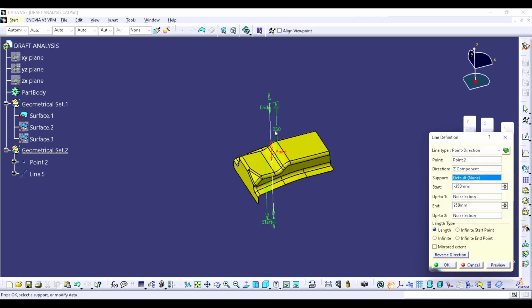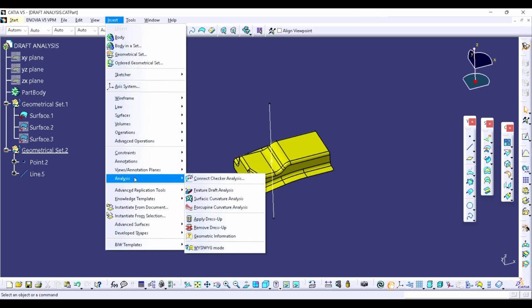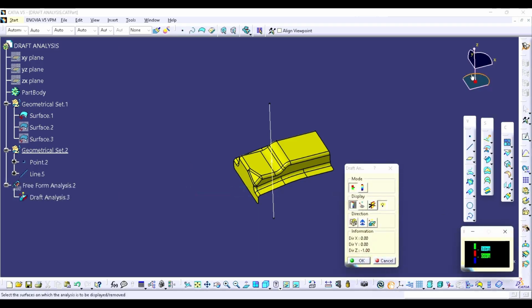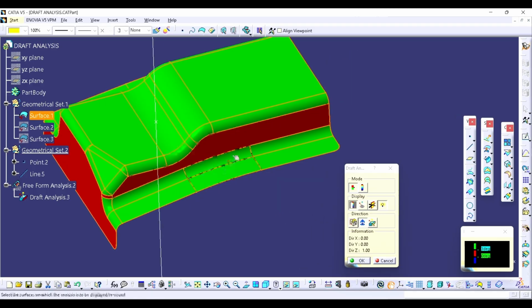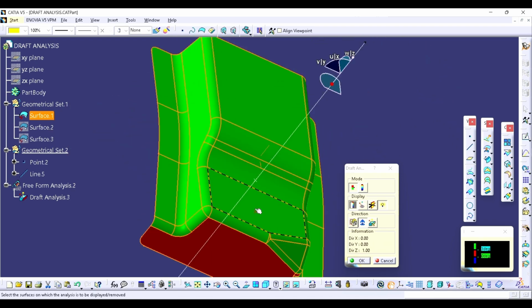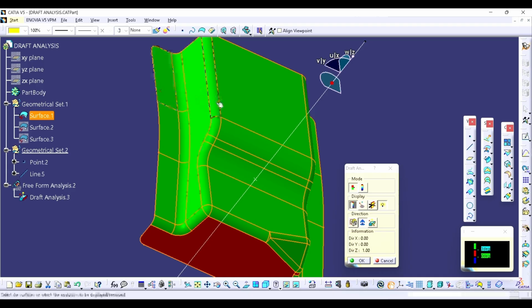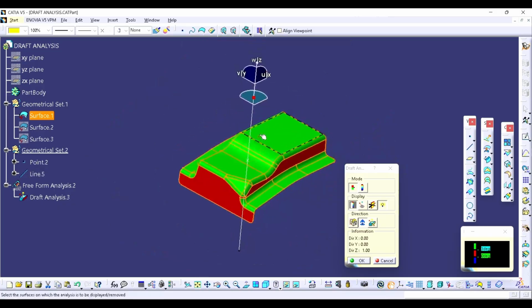The direction is Z, so that's why I created the line in Z. Now again insert, analysis, features and draft analysis, drag, drop it on the edge, lock, and just reverse it. So you are able to see here this face is red, this face is also red, and this face is green. So this face is actually clearing this line, but for this we now need to shift our line